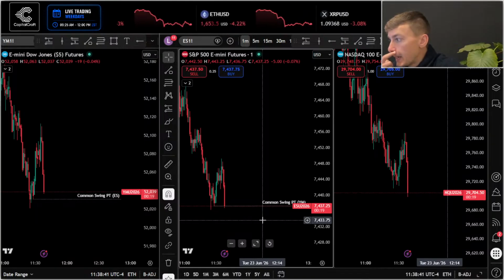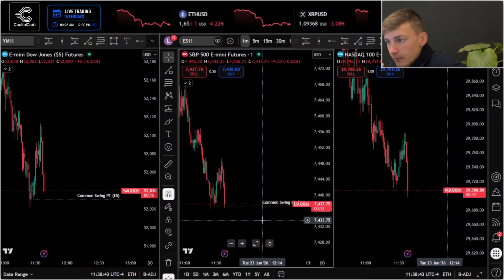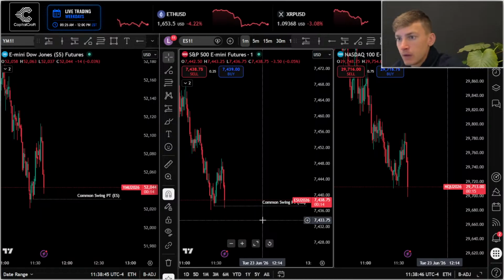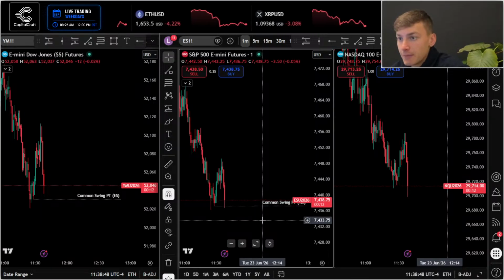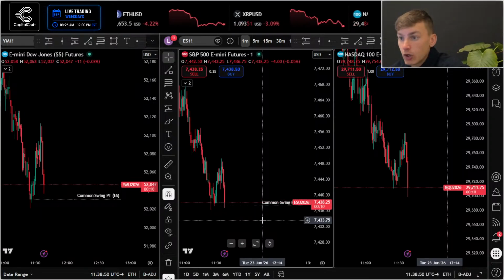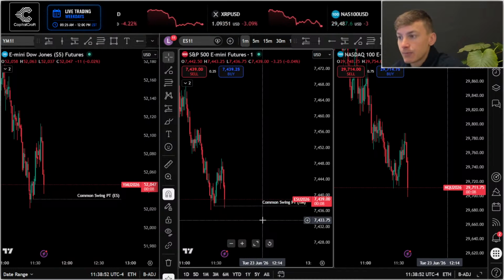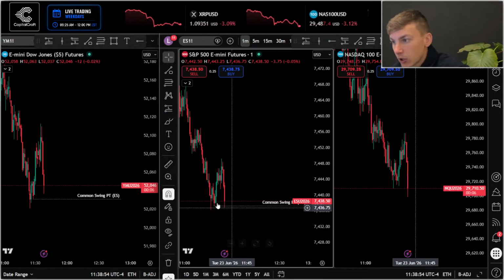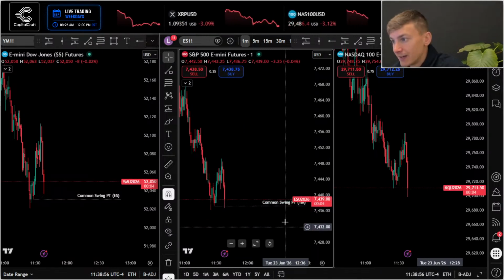Alright, so we've just seen a raid in that specific swing low on the S&P. We have not seen the same on the Dow. This is exactly what I want to see. This is perfect. This could essentially tee us up for a bar, but we need to see the close below this body. That would validate a